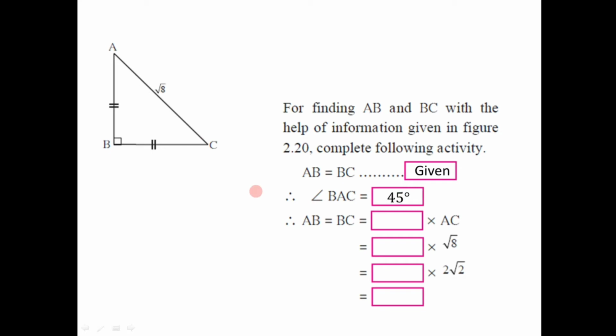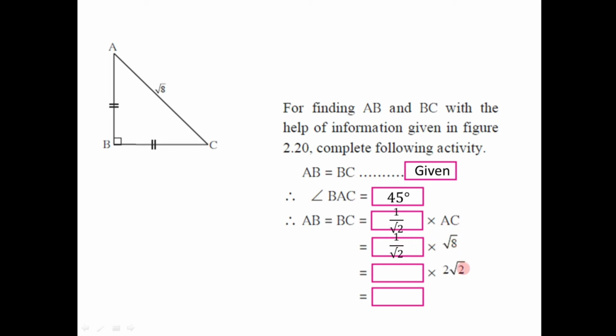Now here we should use the theorem of 45-45-90 degree triangle, and by that we know that sides making a right angle is equal to 1 by root 2 times the hypotenuse. So perpendicular sides are AB and BC. So that must be equal to 1 by root 2 times the hypotenuse. That is 1 by root 2 into hypotenuse, here is AC. It is 1 by root 2 into AC. That is equal to 1 by root 2 into the length of AC, which is given to be root 8. So 1 by root 2 into root 8.